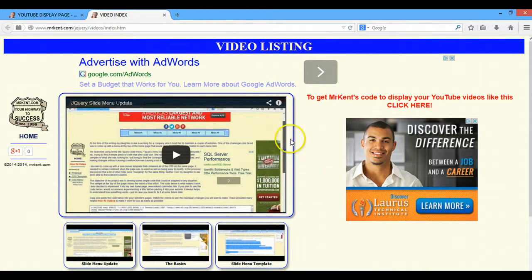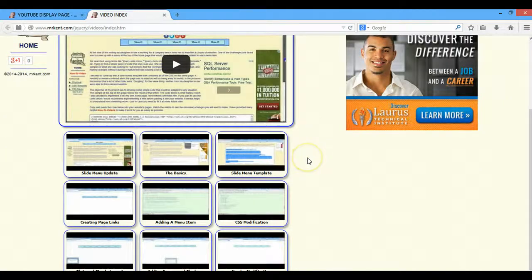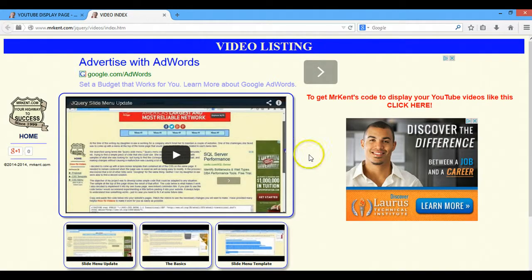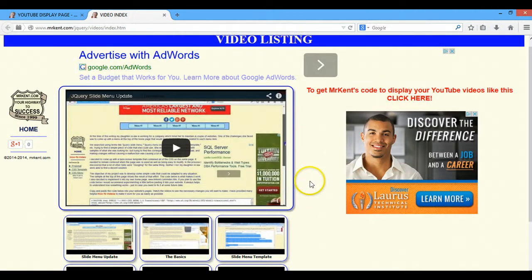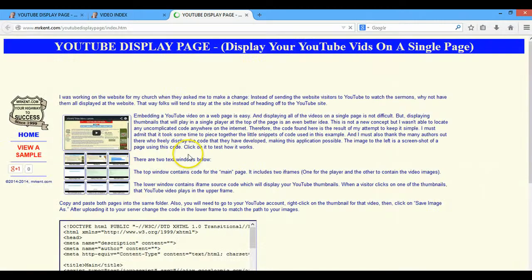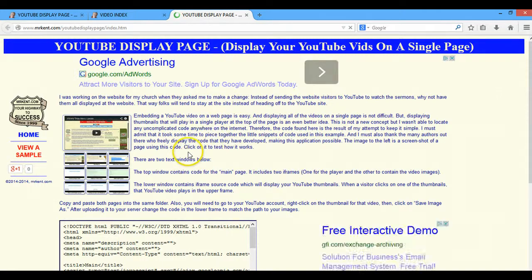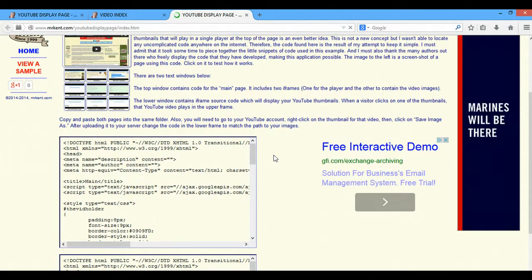So this particular page here is for my jQuery slide down menu, and these are the different videos that I've made to help learn how to use that code. And then on that page, of course, they click here and it takes you to the page that we're talking about here. So I hope you can enjoy using this. I hope it's useful to you, and